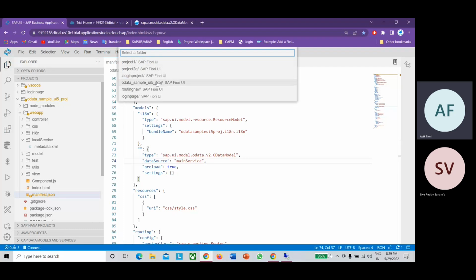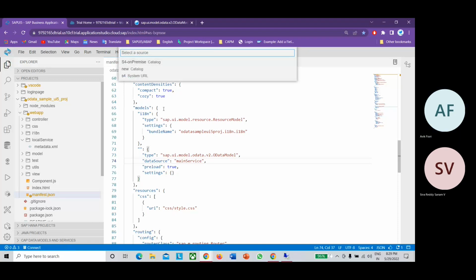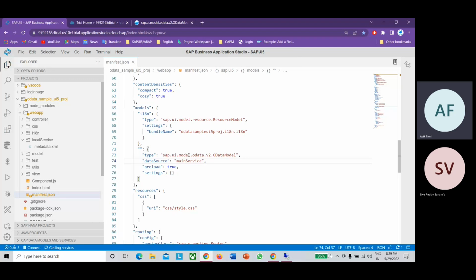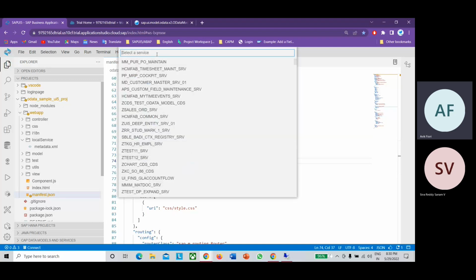Okay, so it will provide you the option to choose the respective project or the UI5 project. So which project we have? This is the project we created recently, right? So we have to choose, and after that you just need to choose the option my SAP systems. After clicking on that, again it will provide you the option to choose destination. So you will choose S4 on premise. So after choosing, now it will provide you the option to select the service, which service you want to select. Let's say